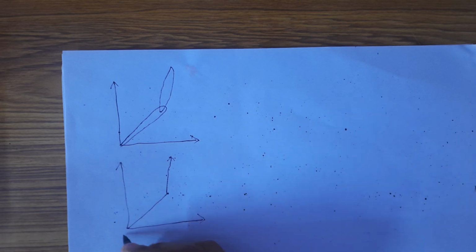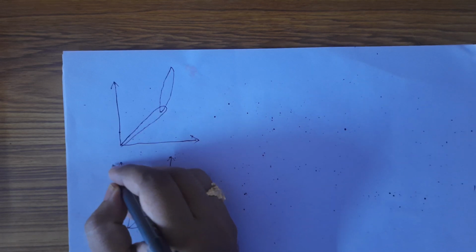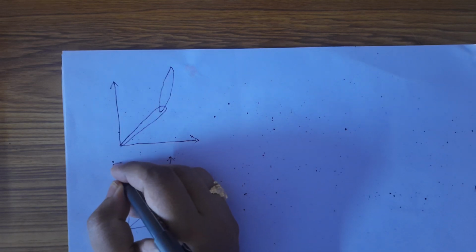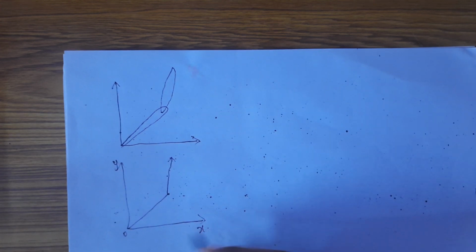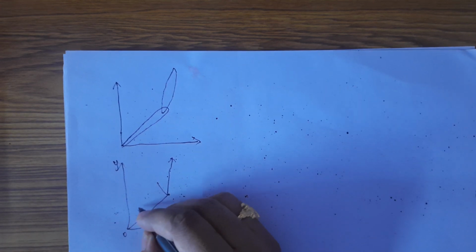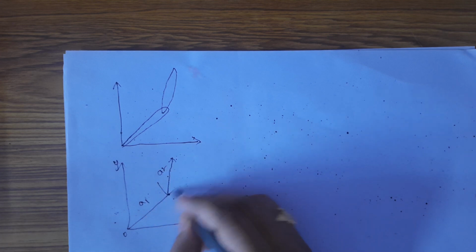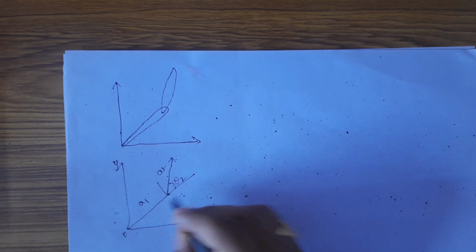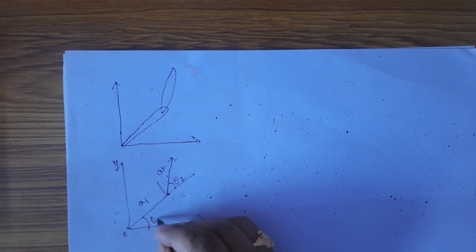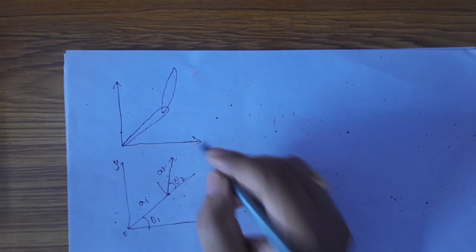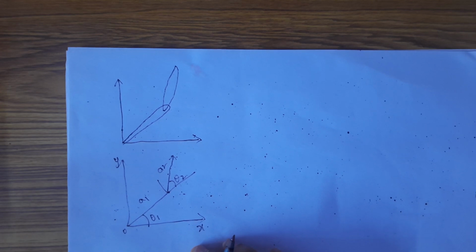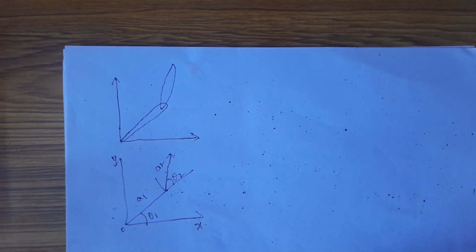So this is the horizon, and we will have the y-axis and x-axis, link lengths a1 and a2, and joint angles theta 1 and theta 2. This is the 2D diagram that we are having now. First of all we look at the 2D diagram, and after that we will go for a better one.